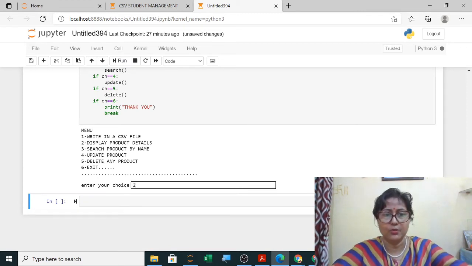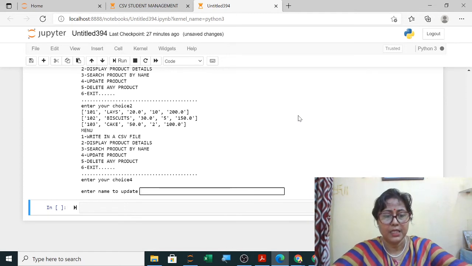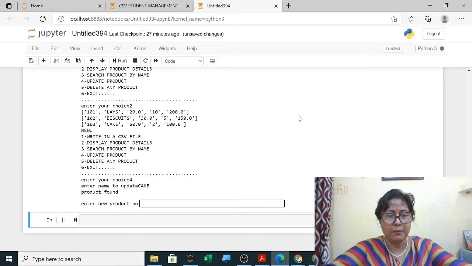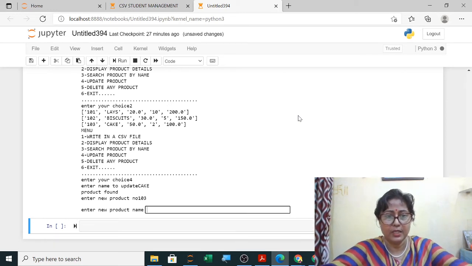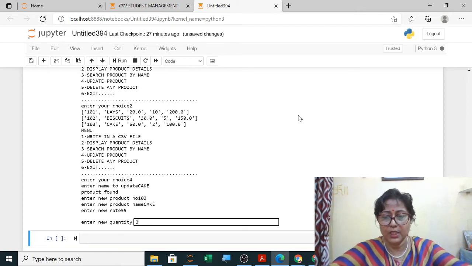So 2 will display, 4 should update, name should be cake, product number is 103, name is same, cake. Now new rate is 55, so I have changed the rate of cake to 55. Quantity, if you want, you can change it.